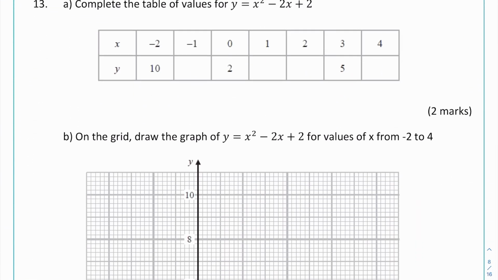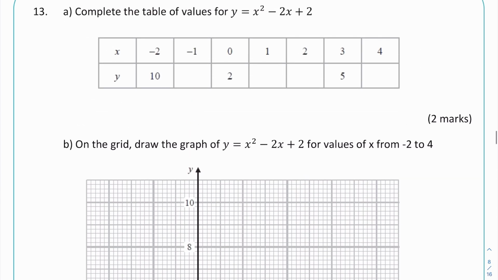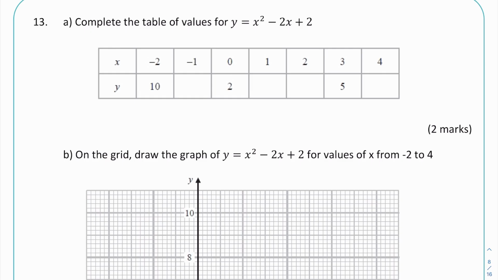Okay, so drawing a quadratic graph, and we're doing this on a non-calculator paper. It's much easier when we have a calculator paper to do this, but that's not going to stop us. So complete the table of values for y equals x squared minus 2x plus 2. That's okay, that's quite a nasty one. So in terms of doing this without a calculator, we just need to substitute these values into that equation. I tend to start with the number up here, rather than start with the negative numbers. I just like to get a few right and start to get confident with subbing into the formula,